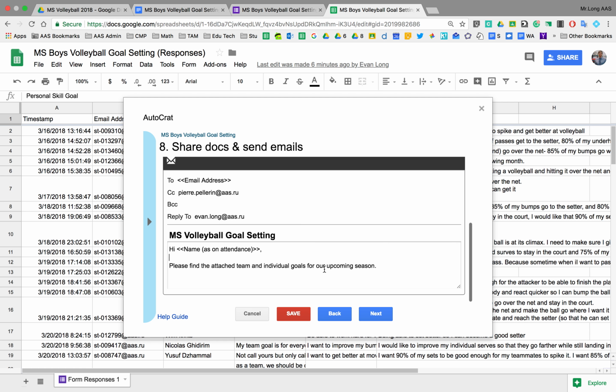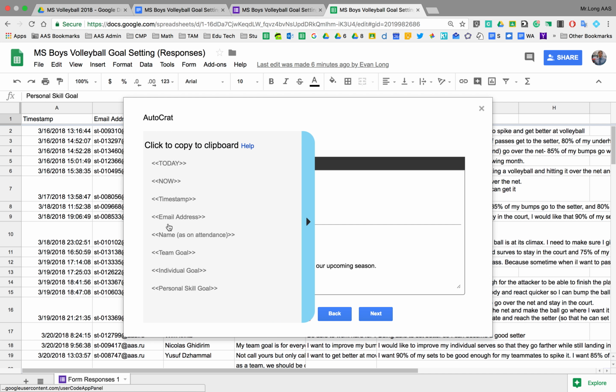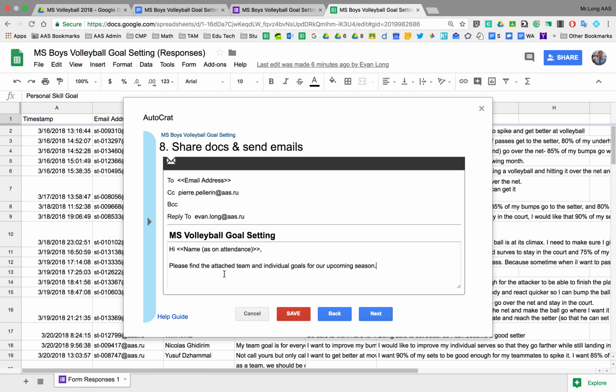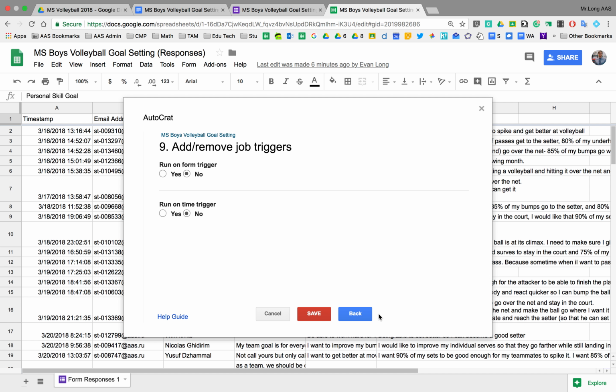Okay, so once we're set, you can put any one of these tags inside your email as well. But since we're communicating through the documents, I just want them to go directly there. So once we're set with our email and we have who it's sending to and everything set, we can go to next. So form trigger: you can set it if maybe you set the form up in advance,